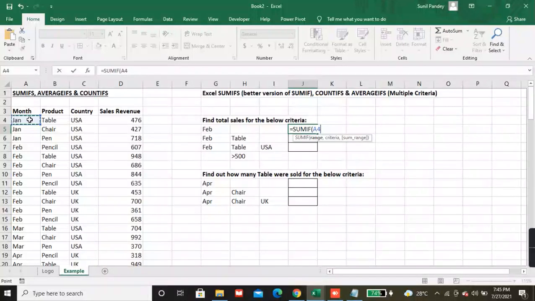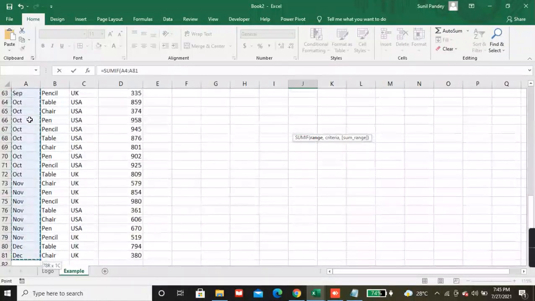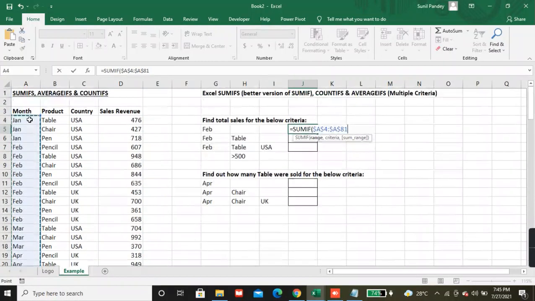So we will select it with Control, Shift, Control and Down arrow key, and we will freeze this, comma, criteria would be this, comma. Now we will select the sum range. So sum range would be the sales revenue.